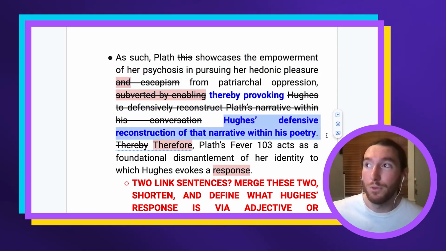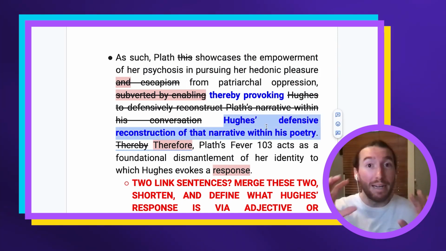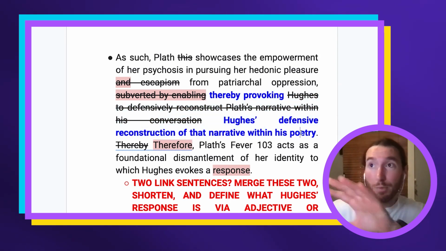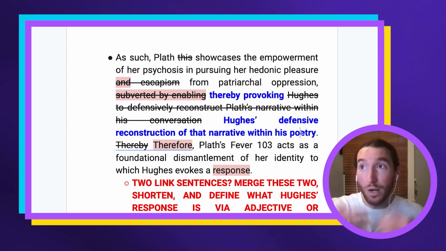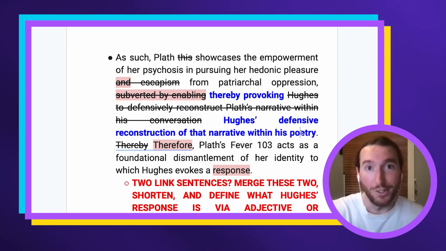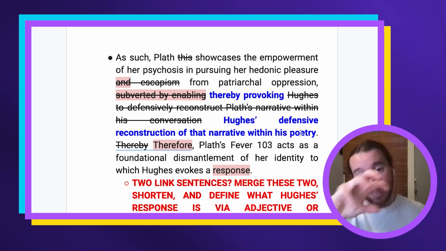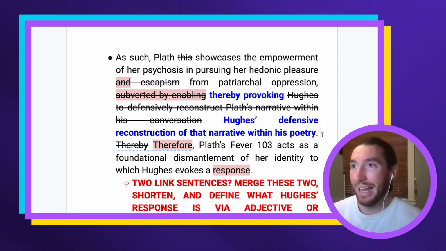The reason why that's a beautiful link is that you've set yourself up for the next paragraph where you're going to mainly talk about Hughes. You've already said it provokes his defensive response, and then you go straight into your topic sentence of the next paragraph and talk about what that response is. What is Hughes's reconstruction there? That's exactly what a link should do. It should connect back to the question, but also link and lead into the next paragraph. That's what a perfect link sentence does. So to me, you would end it there.